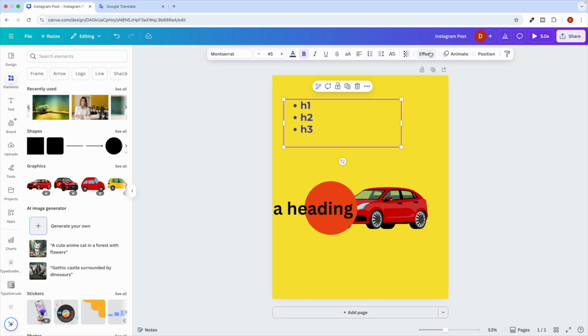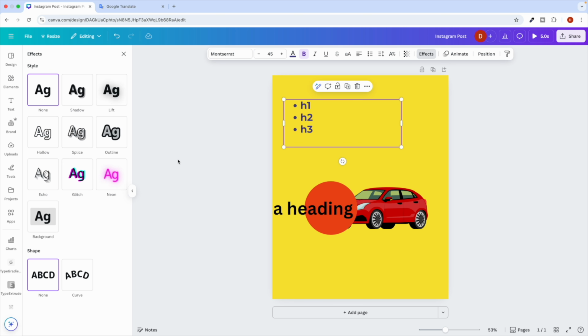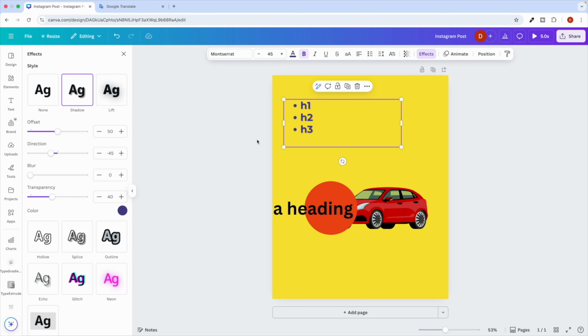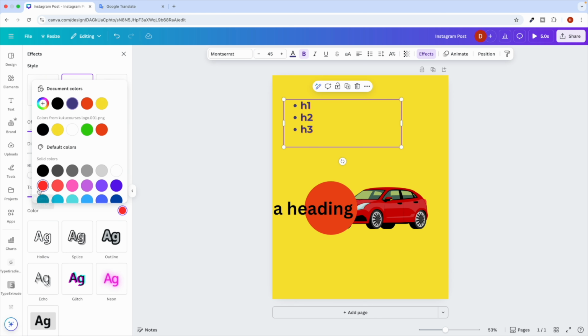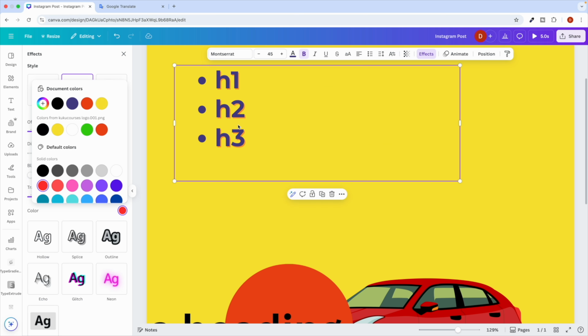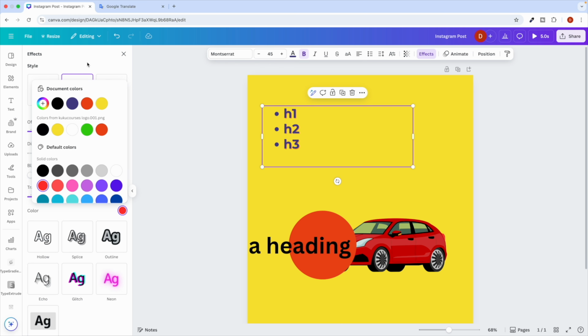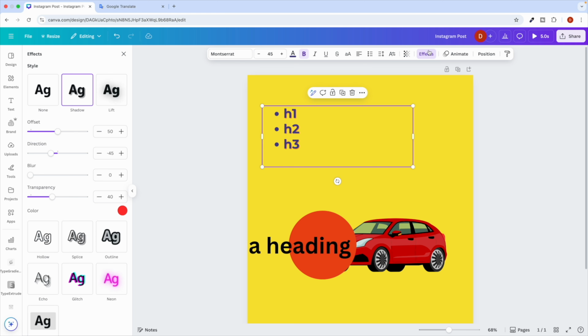You can even put an effect on that text. For example, I can just put it like, let's say, shadow. So it is just going to give the shadow effect, and I want the shadow color to be, let's say, red. So you can see you are going to get the reddish effect. If I select green, you can see you are going to get the green effect and so on, right? So that's very great. Let me just select the red, right? So this is the shadow effect. If you again click on effect,